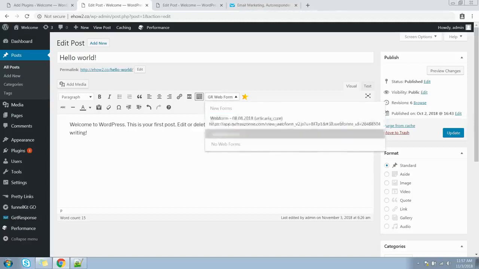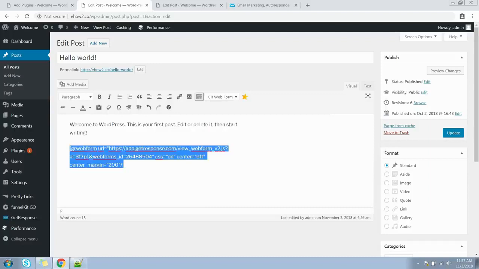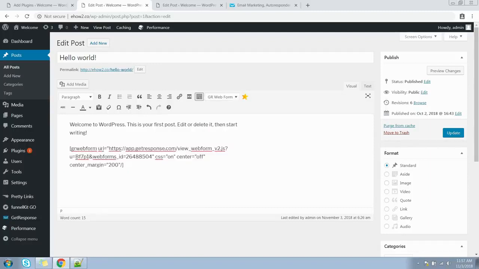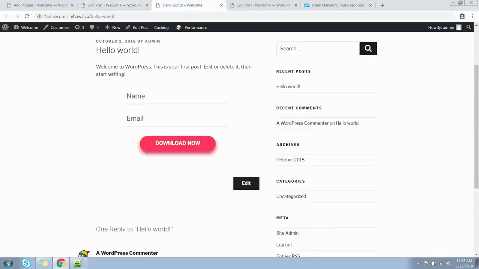So I'll select this one, which will insert this shortcode automatically in the editor. We simply need to press this update button and our GetResponse web form should be showing up on this post. So here is the GetResponse form. Now you can start capturing the email addresses of your site visitors.